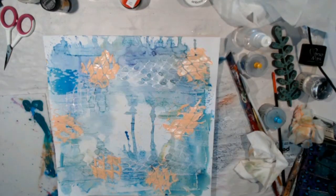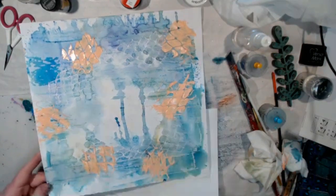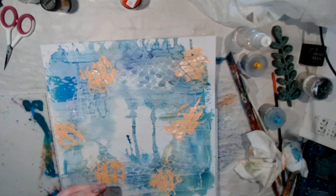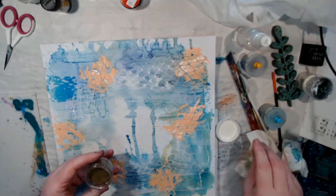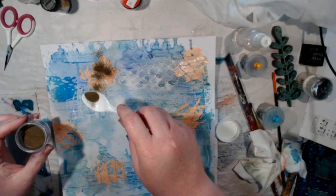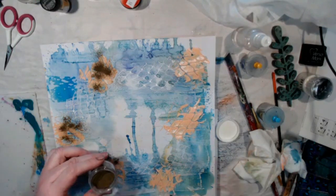So what I'm going to do is bring in a piece of scrap paper to put under my page, because I'm going to tip a little bit of gold embossing powder into, sprinkle it in. While this is wet, the gold embossing powder will stick, and then it'll tone down the orange and also bring this gold colour in. So I'm going to grab the spoon and see if I can. I don't want to cover the entire thing, but I sort of want to sprinkle bits of it. And when this melts, it'll...